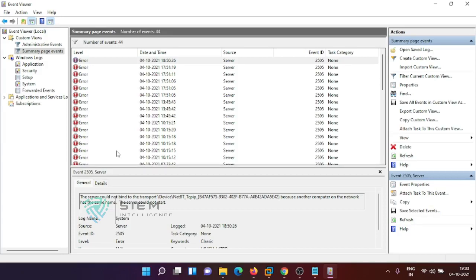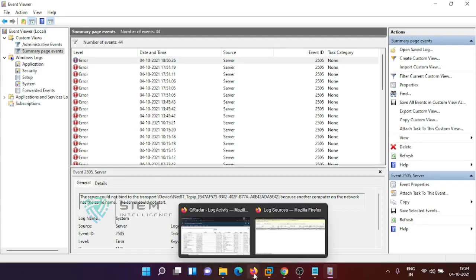Debug log is generated if you are doing some R&D on it. Informational is something like when I am logging in, I am logging out. That is an informational example. It may not impact the service, but an activity happened. Those things are called events.